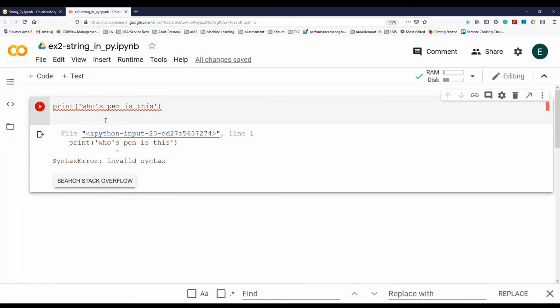But if I start a similar sentence with a single quote, it won't work. It will give me an error because Python will think it is an incomplete syntax, as there is a missing quote. So there are two methods to avoid this error. We can either change it to double quotes, it will work,